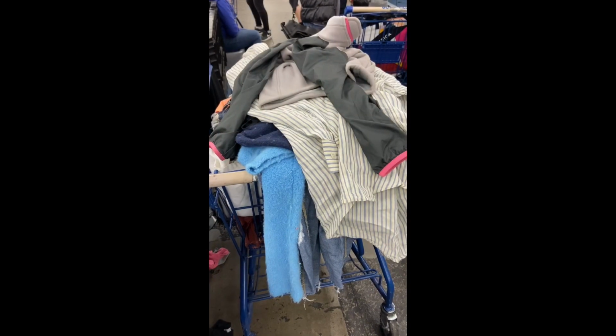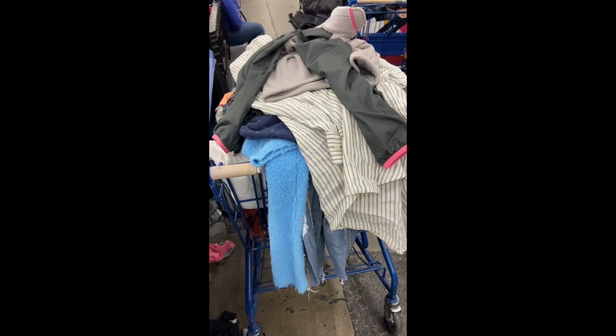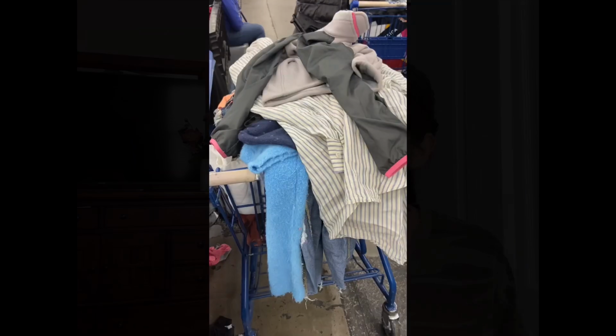I'm at the bin, so now I have a cart full of clothes. I have to go through them for flaws, and also look at comps for a lot of brands that I didn't know. I will probably end up with like half of this or less. Okay, so the first thing that I found was